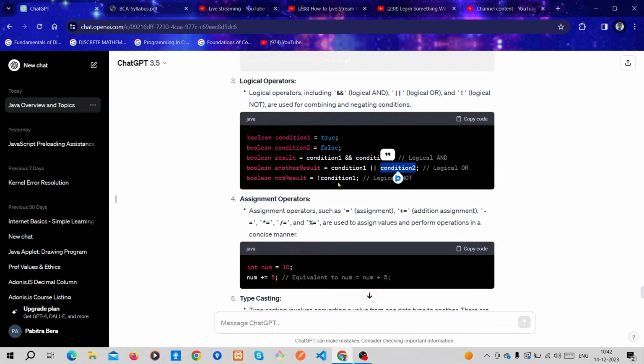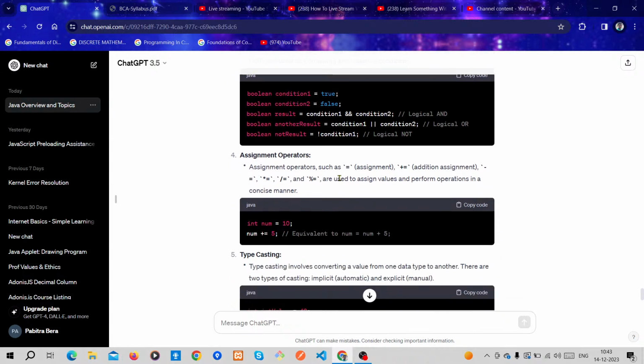Then the logical not operator. Here, if condition 1 is true, then the result would be false. It is the reverse of the existing result.